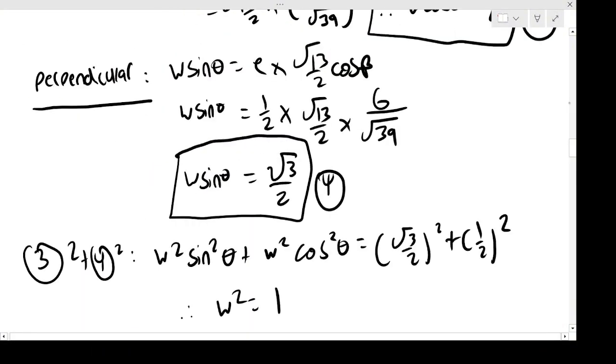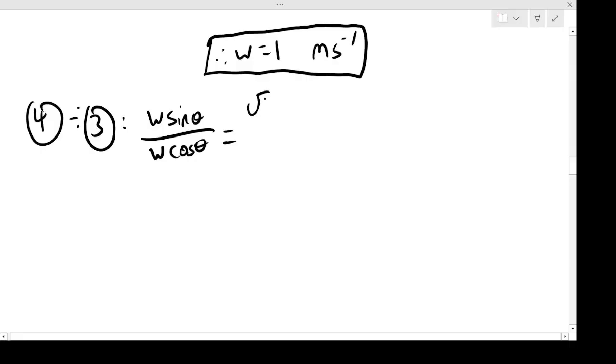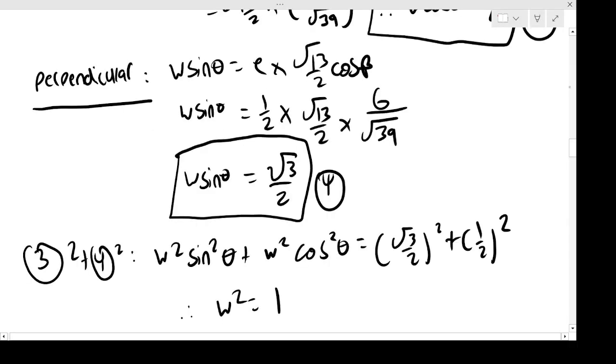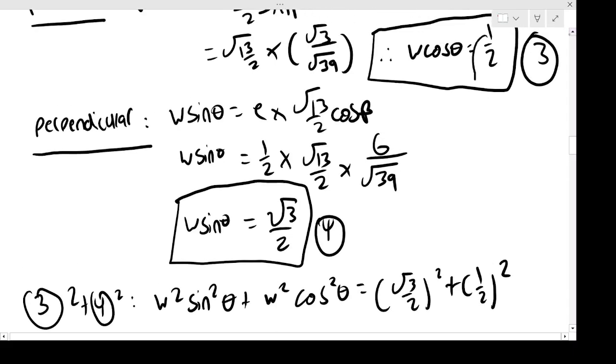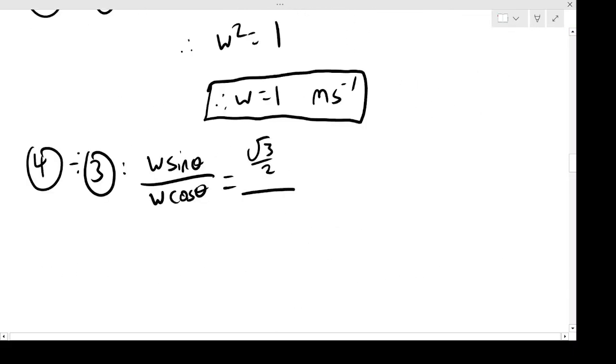So that's going to be root 3 over 2, all divided by a half, right? So there we are. And so obviously sine over cos goes to tan, so there we are. Then if we simplify the right fraction here,